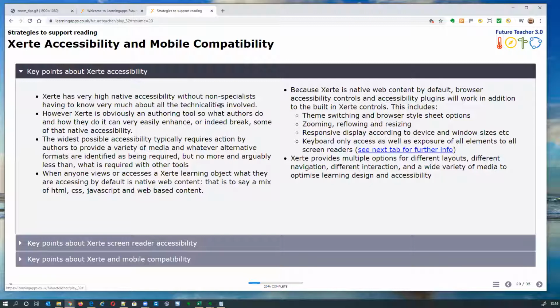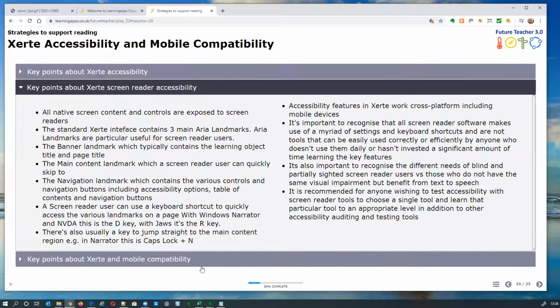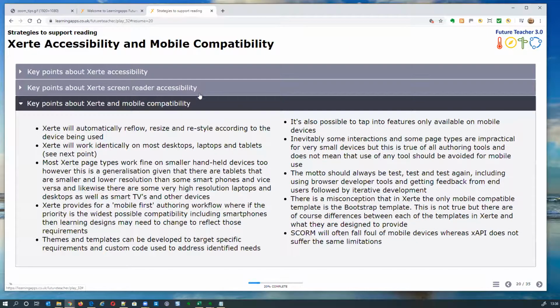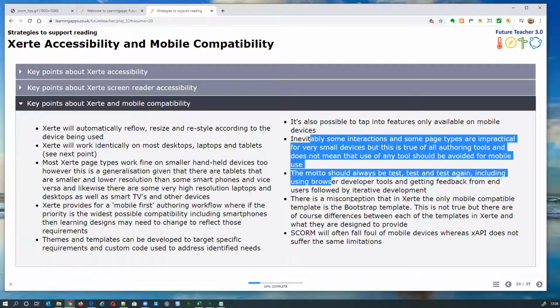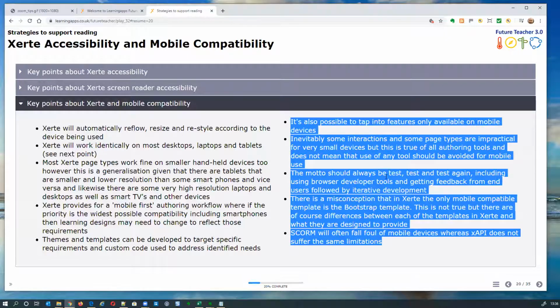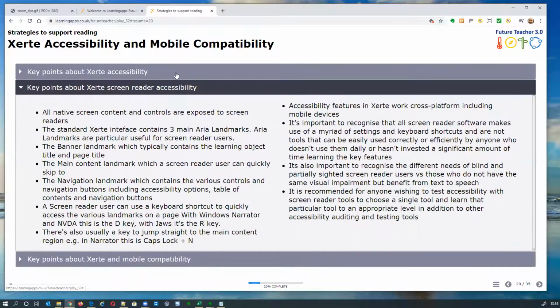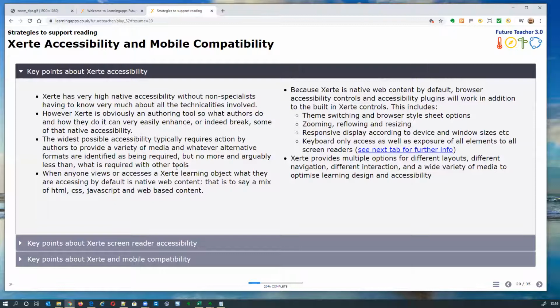We do have a summary here, and although it's specific to Xerte there are some general tips as well. Lillian made the point that that's not very good design. There's lots of text in there. Well, this is meant for you, not as a presentation resource, but for you to consume those key points in your own time. So that's deliberate. If you saw that in a standard web page, you perhaps wouldn't question the amount of text. But because it's in this landscape, almost slideshow format, perhaps you will. But of course, it is